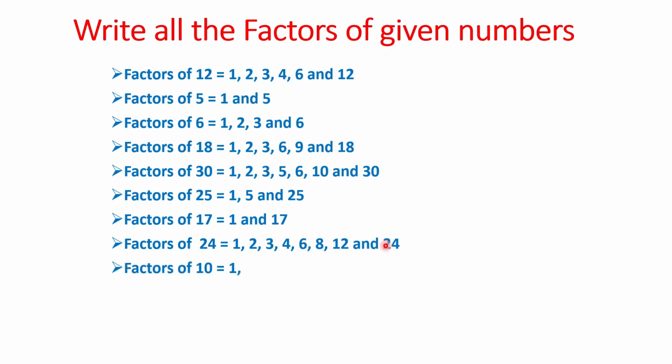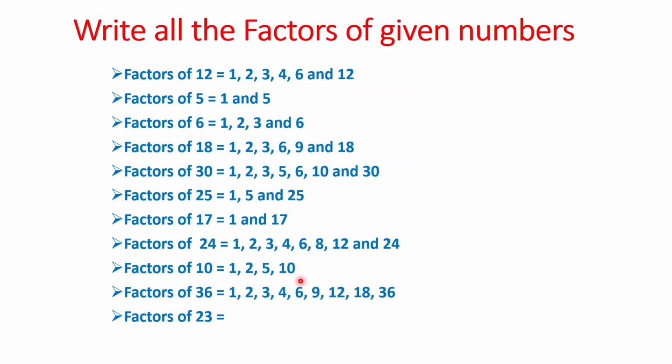And a factor is always less than or equal to the given number. See, factors of 10, always less than 10 or equal to 10. So we have concluded something. Factors of 36: 1, 2, 3, 4, 6, 9, 12 and 36 are factors of 36. Limited number, finite number of factors.